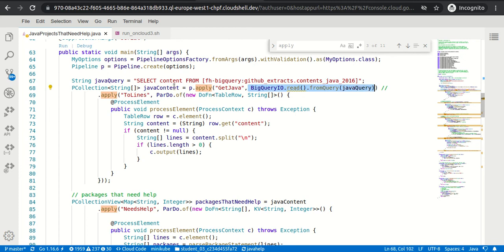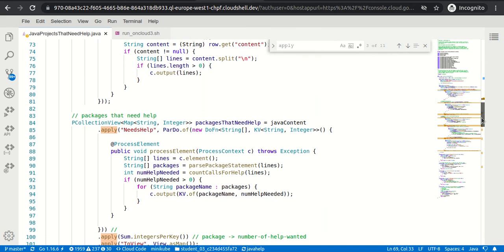Once the data is loaded, it is reading each line. Once it is reading each line, it is processing something, like splitting the lines, right? I'm not much familiar with Java.